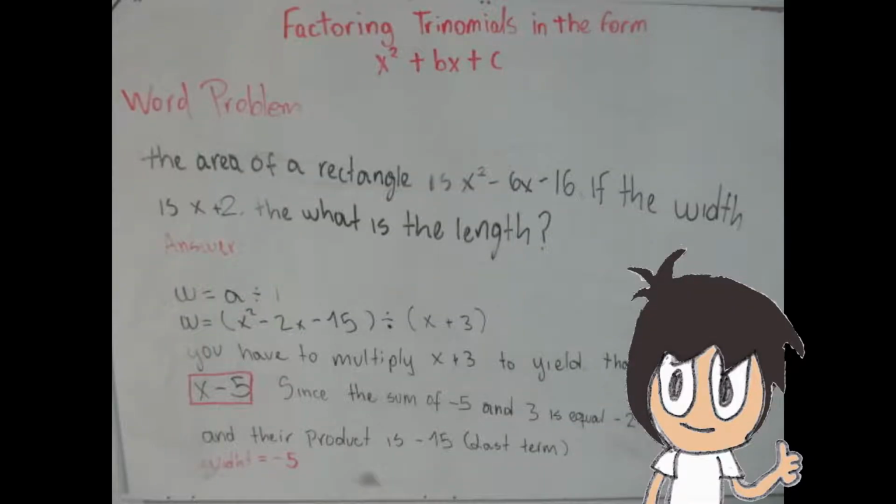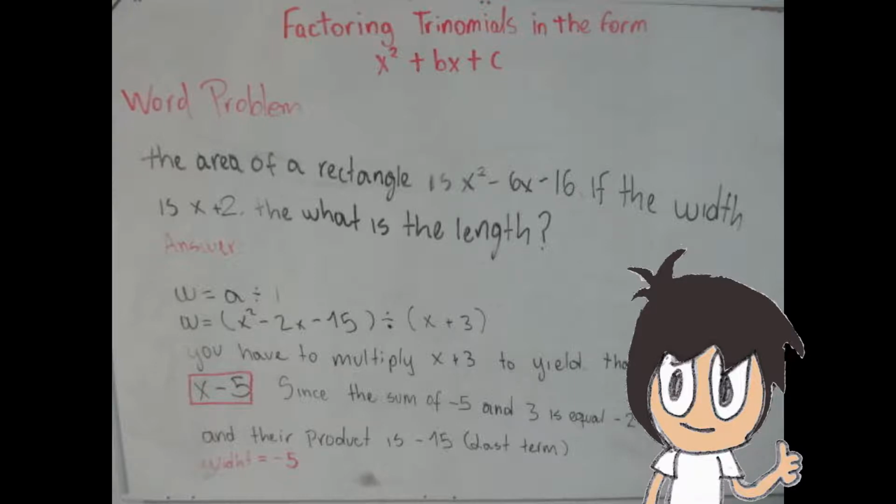We are going to solve the word problem of trinomial in the form x squared plus bx plus c. The word problem says the area of a rectangle is x squared minus 6x minus 26. If the width is x plus 3, then what is the length? So, to determine the answer, we know that the width is x plus 3. So, the formula will be the